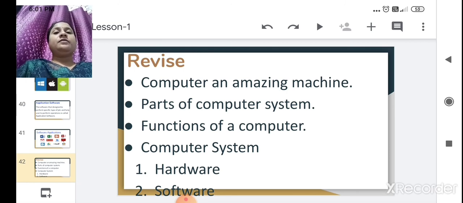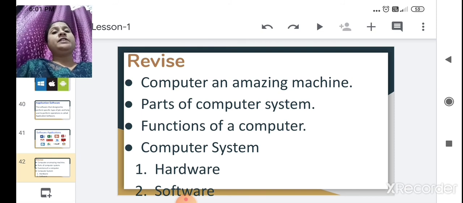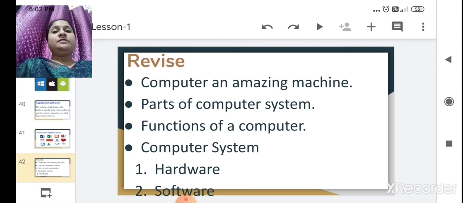Hardware is divided into three parts, that is input device, output device and storage device. In input devices we have seen scanner, joystick, microphone, like mouse, keyboard.